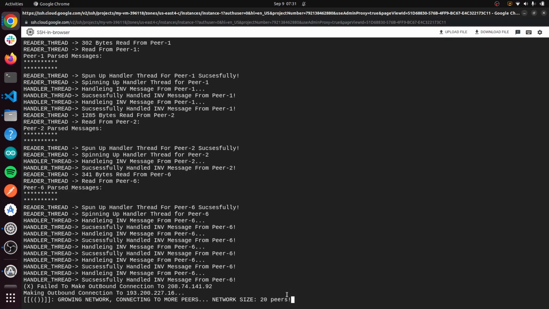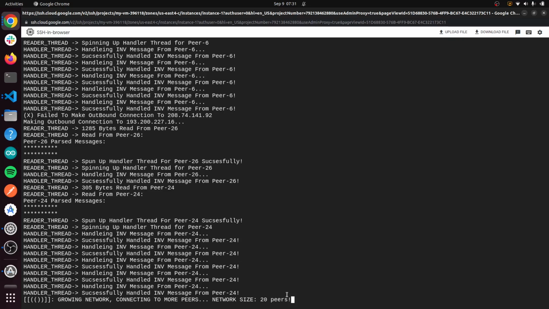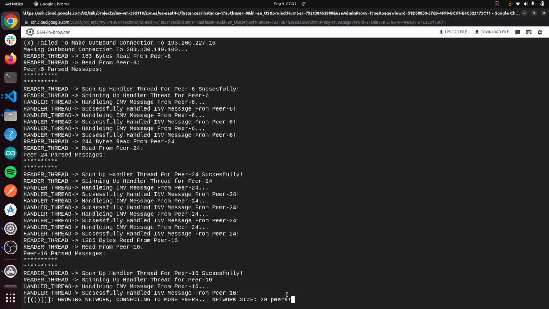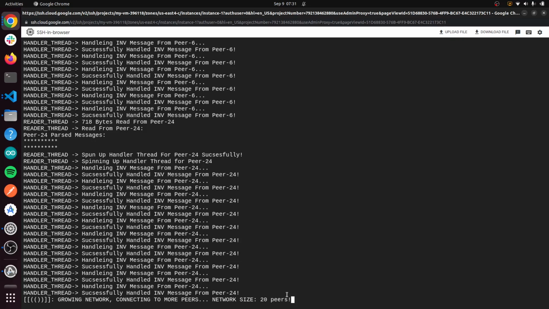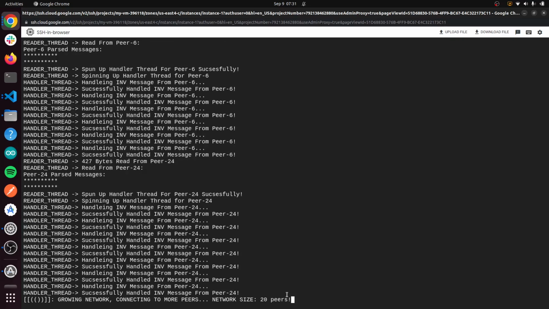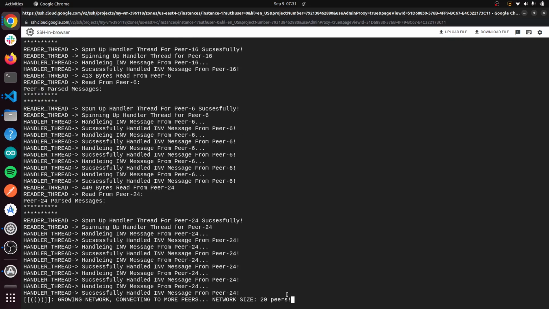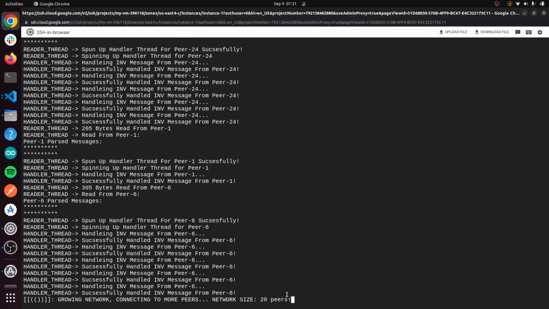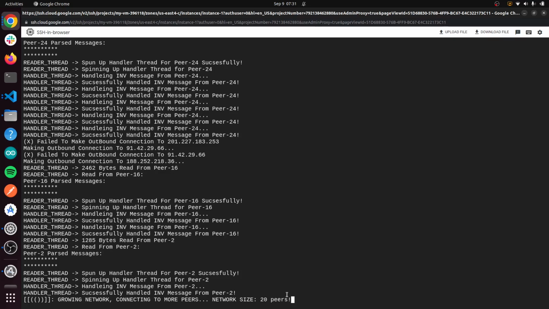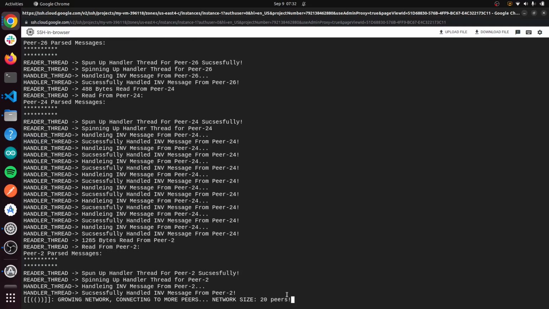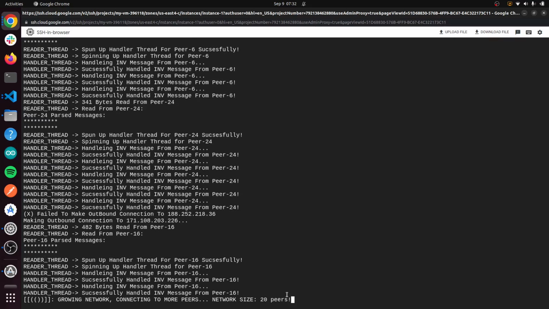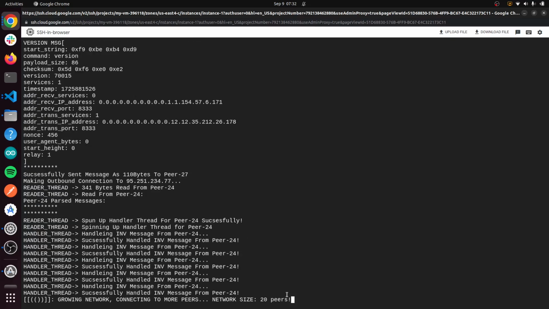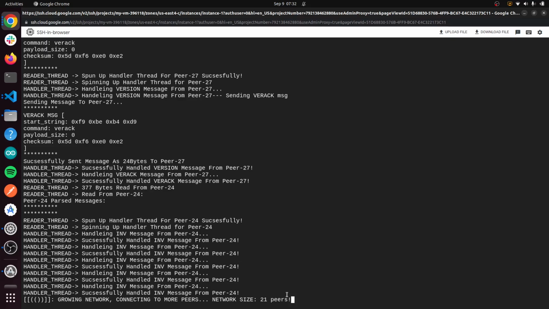That is established once both nodes send each other version acknowledgement messages, or VERACK messages. If I never get the VERACK from the other node, I keep it on the table. I think I have some notes as to why I did that, something about making it easier to do something. But anyways, that's why.